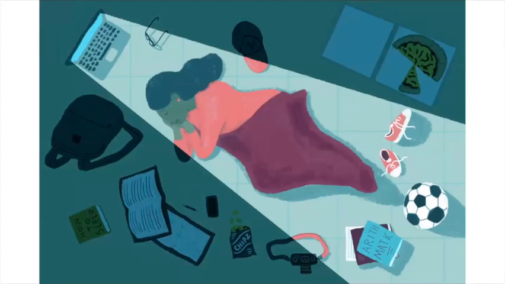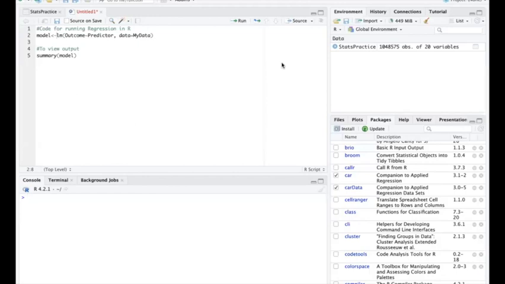Sleep is the number of hours students reported getting the previous night. Credits is the number of credit hours students report taking this semester, and stress is a self-rated score of how much stress students report on a scale from 1 to 10, with 1 representing very little stress and 10 representing extreme stress. So to run a regression using RStudio, we can see the code is lm in parentheses outcome tilde